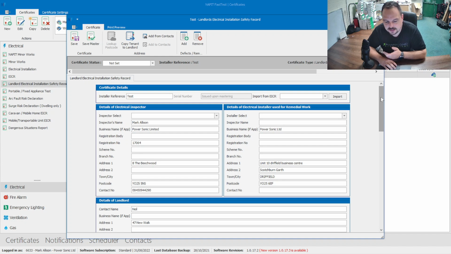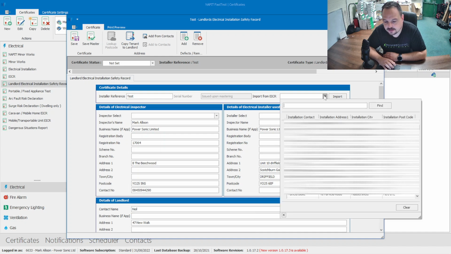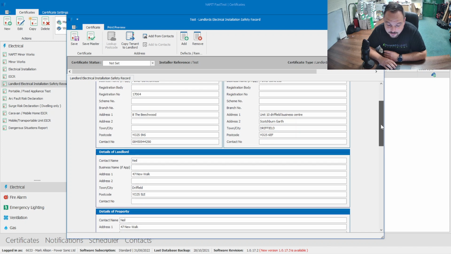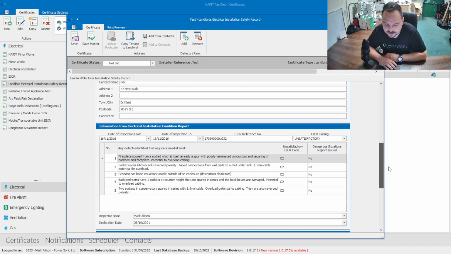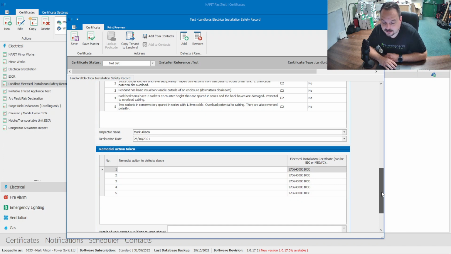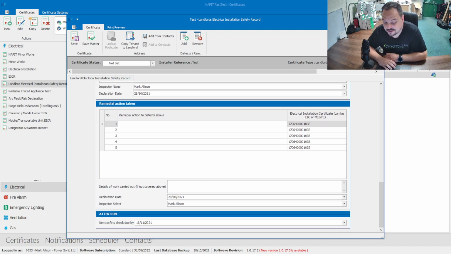So you can see here I've pre-populated it with our inspector details, which are me, and again they're in the drop down. You can choose import details from an EICR, so it brings up a list of all your recent EICRs. You can search through them for a client. I won't do that because I'd only have to blur it out anyway, but I've pre-populated this with another client's information. It brings their address details, it brings all of the defects from the EICR with its reference number, the date it was done, and then in the remedial action taken section you can click in for the EIC or minor works, a number that you can add in there, and any other details you want to add that maybe weren't covered by that you can drop in as well, sign it,